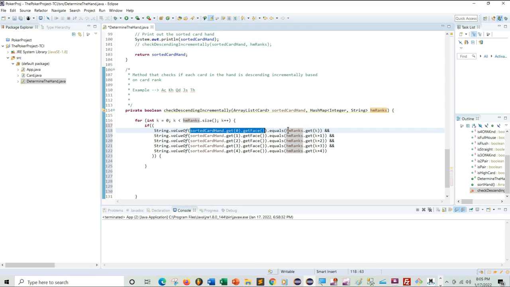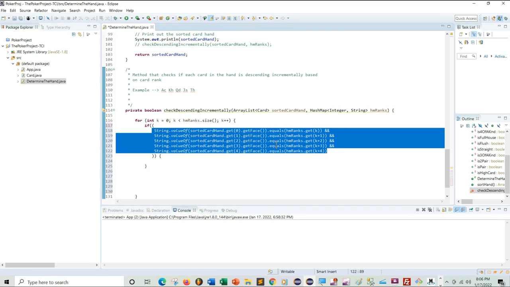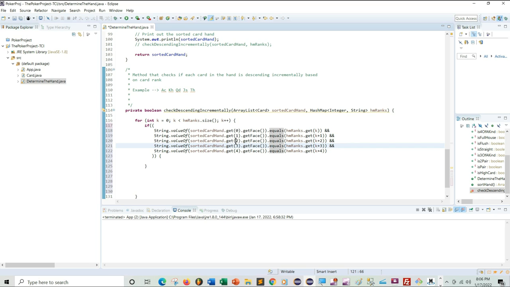We're going to see if this is equal to any value in the HM ranks hash map. And if it is, then it's going to also check the next card for the next rank in the hash map in that order. So hopefully this makes sense to you guys. Basically what's going on here is just comparing the sorted card hand against the HM ranks. And from here we're going to be able to determine if the sorted card hand is descending